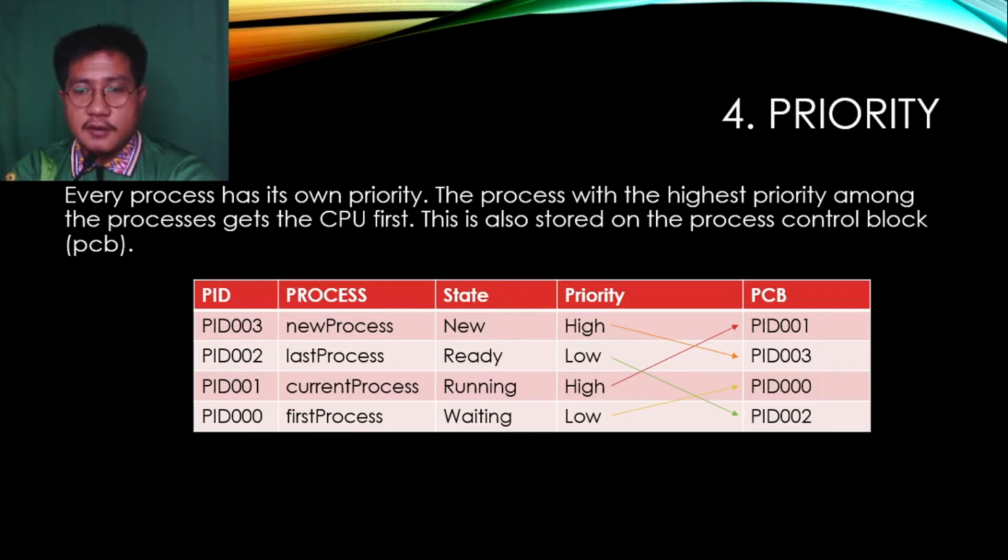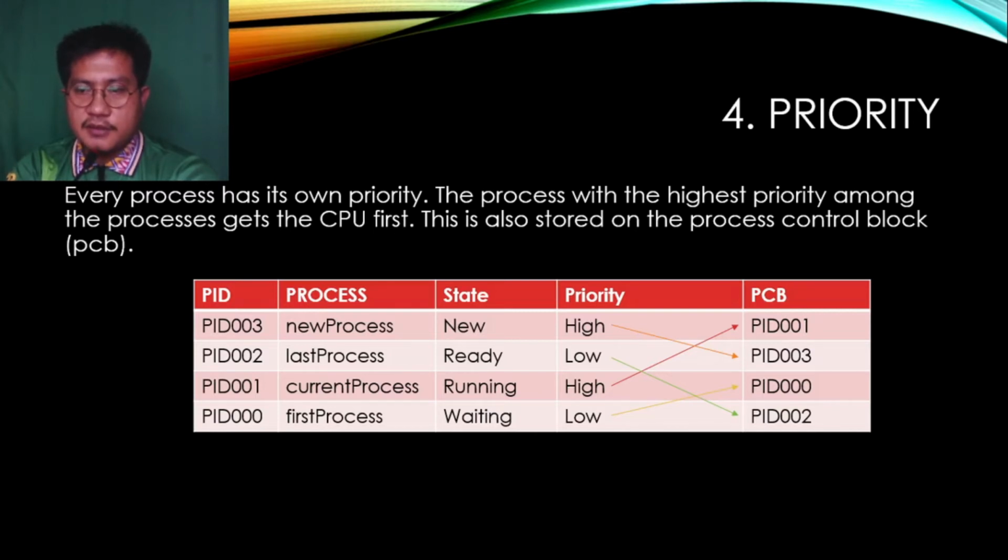It is because, compared to the PID 000, or the first process which is waiting, maybe for an additional input from the user. Since it has already been processed or run, but just paused or halted because of some additional input from the user, or from another device, and is put in a waiting state, it should come third in the PCB, while the PID 002 will be put into the last